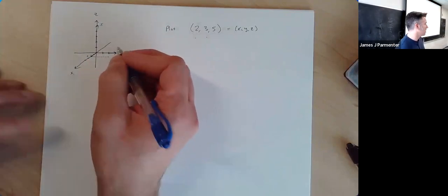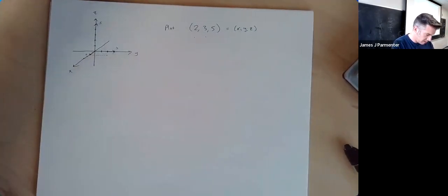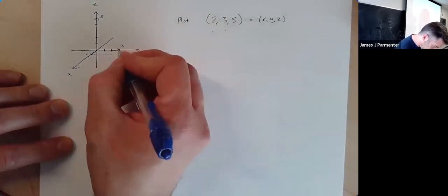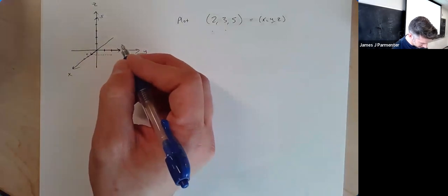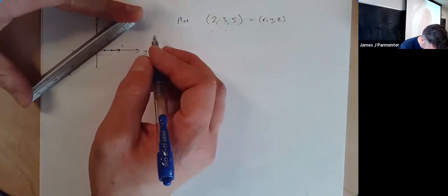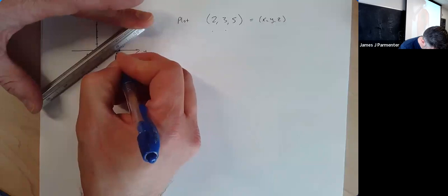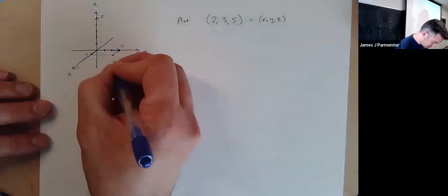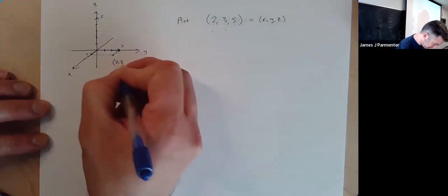Moving in the x direction is always the hard part, in my opinion, because you have to be sure that you move parallel to the x-axis. So from here, this is where having a ruler is actually not a terrible thing. I'm just going to move parallel like that. So there's the point where I've moved 2 in the x direction and 3 in the y direction and none